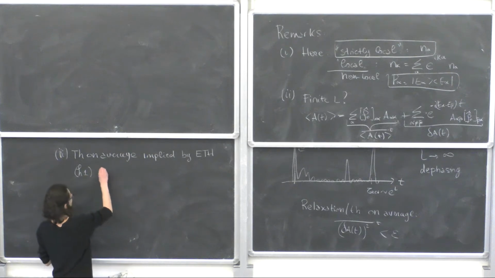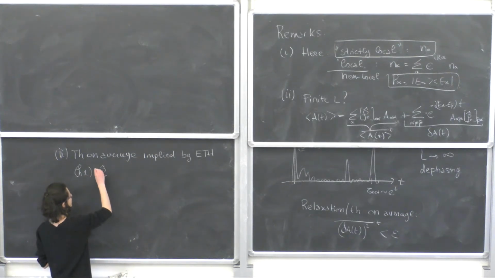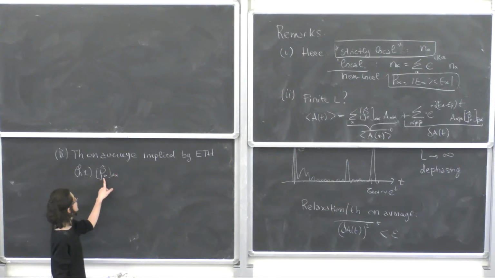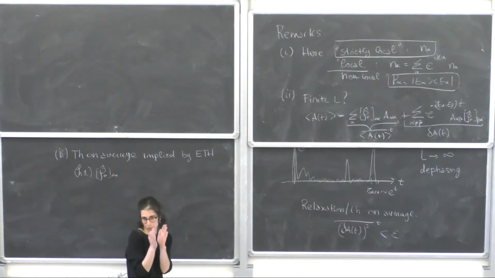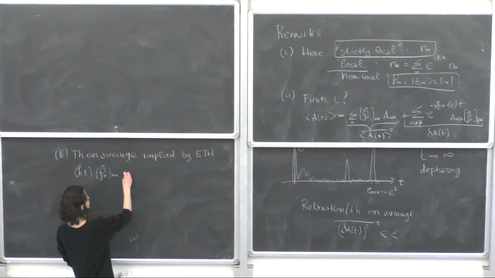So you ask that your initial time density matrix essentially is contributed only by, so it has a significantly large matrix element only on eigenstates which correspond to a precise energy shell. So this is large